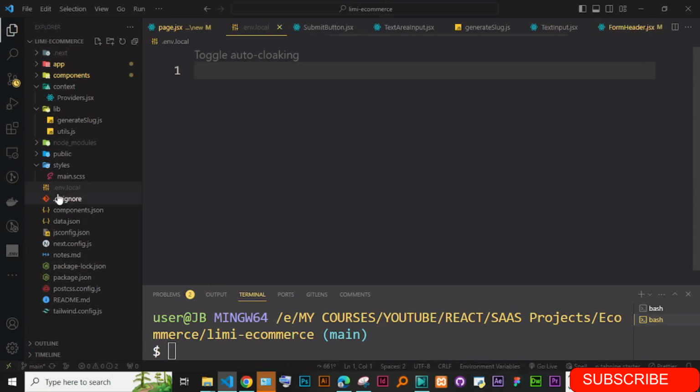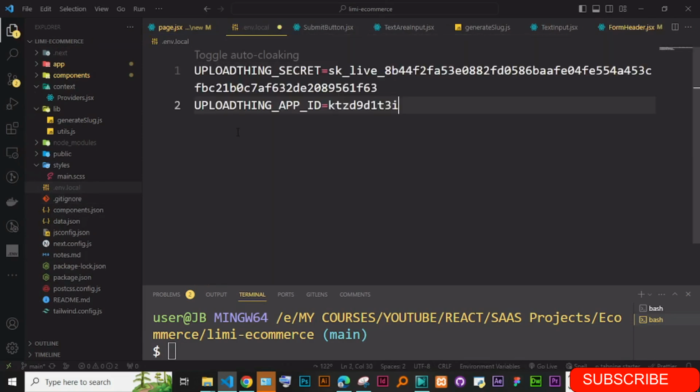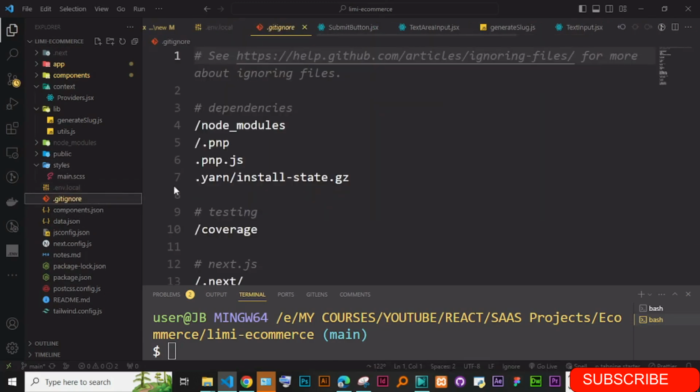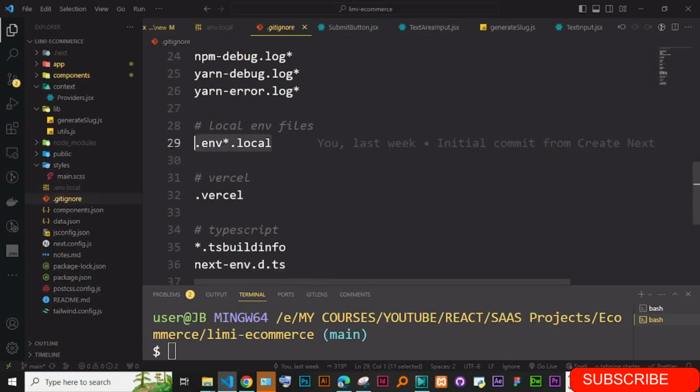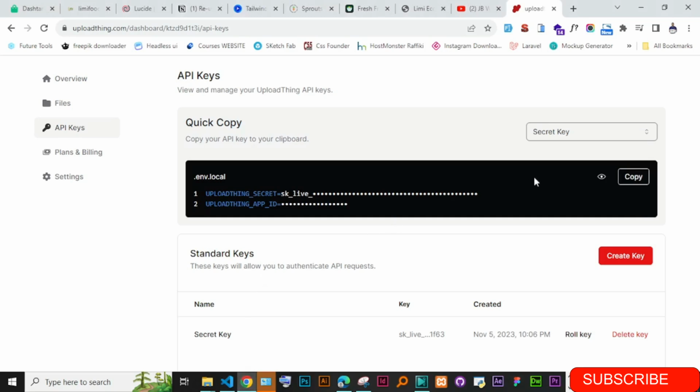So name it .env.local and then paste this. Why I'm going to be naming it .env.local, because in .gitignore you see that automatically .env.local is what they have added. If you name it .env, please make sure you add it in here in the .gitignore, so that this file does not go to GitHub and eventually can just risk. Okay, so after I've added the keys, we can now